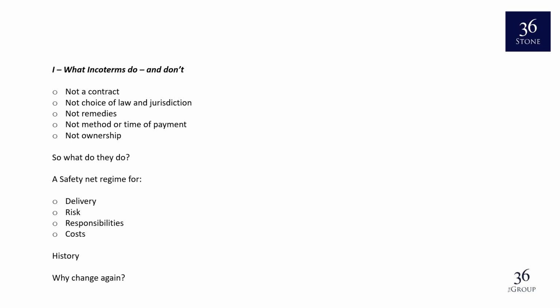And finally, the 4th area which Incoterms provide guidance on is costs, and I'll come back to costs later, so that someone who's interested in finding out which is the most expensive Incoterm for his use can look at the Incoterms, which will tell them who carries what costs in CIF, who carries what costs in FCA, etc. Corinne, I know, will come to more of this in detail, but these 4 pillars, these 4 areas, are basically